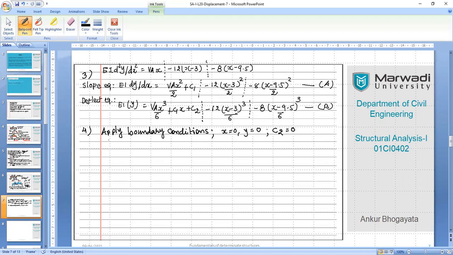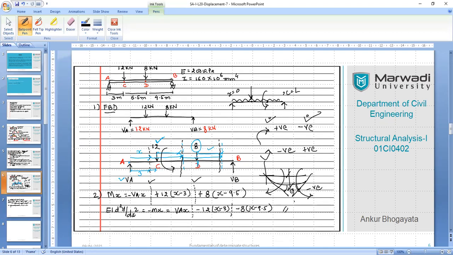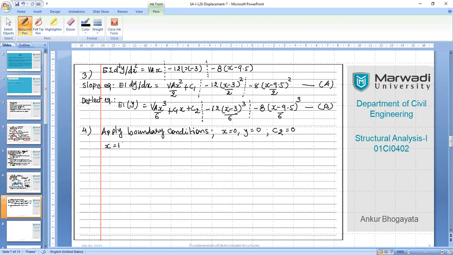Now let's use the other condition when x is the full length. What is the full length of the beam? 3 plus 6.5, 9.5, plus 5, 14.5? 14, right? So at a distance of 14 meters, that is the other opposite end of the member, at that location y again becomes 0. But please be careful: when you replace x with 14, these terms will not be negative anymore, so we cannot ignore them. Please include these terms in the calculation.